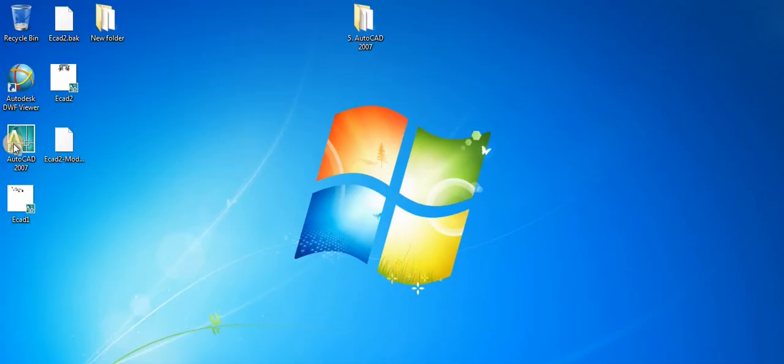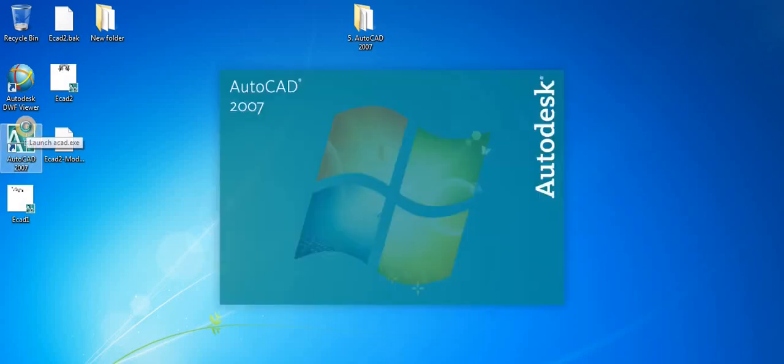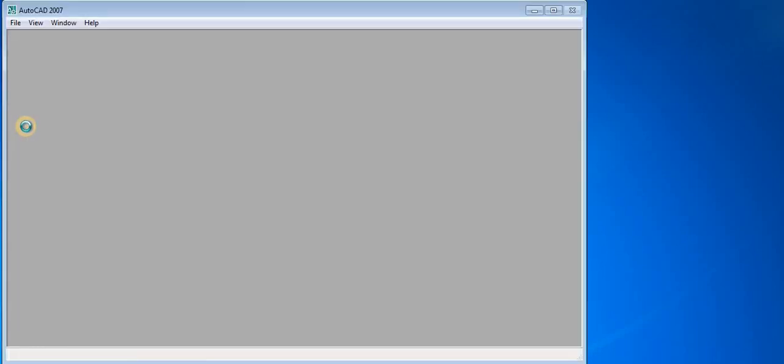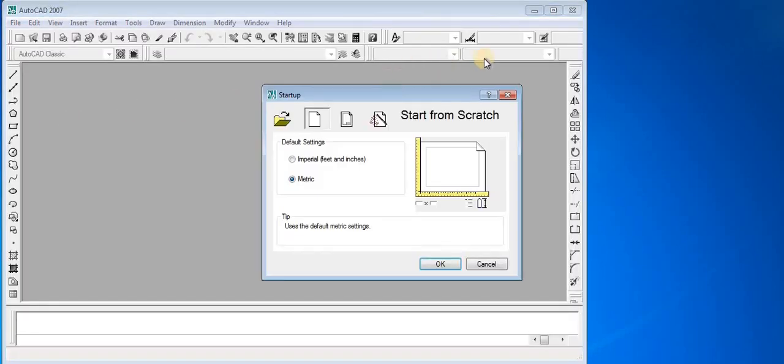First thing, first open this AutoCAD software. Here we are using AutoCAD old version 2007. Okay, latest versions are also available, but the core components are same. As the version increases, the advanced facilities, advanced commands will come.